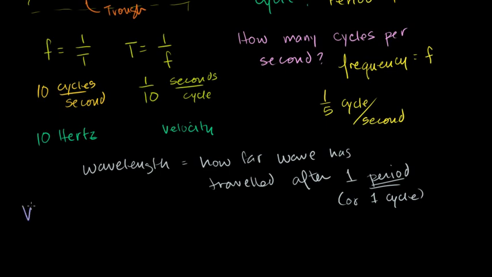Well, the velocity is equal to distance divided by time. Well, for a wave, your velocity, and I could write it as a vector, but I think you get the general idea. Your velocity, what's the distance you travel in a period? Well, the distance you travel in a period is your wavelength,